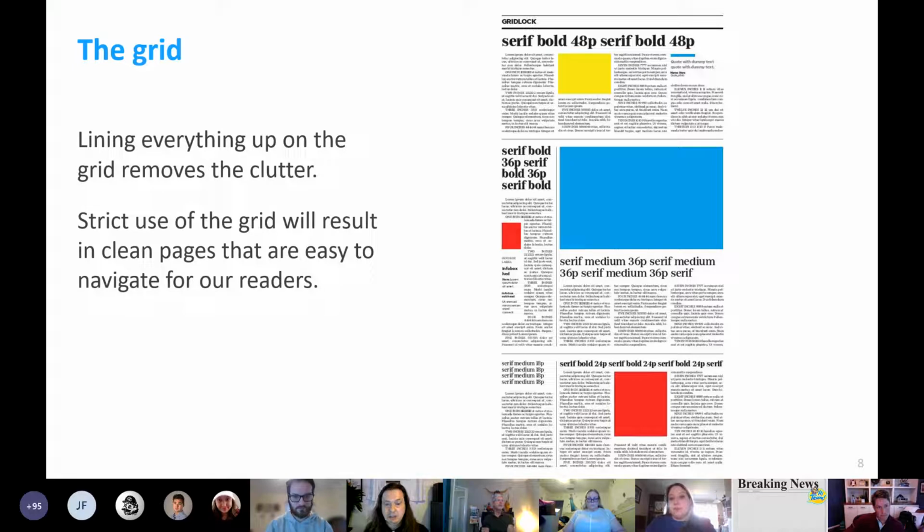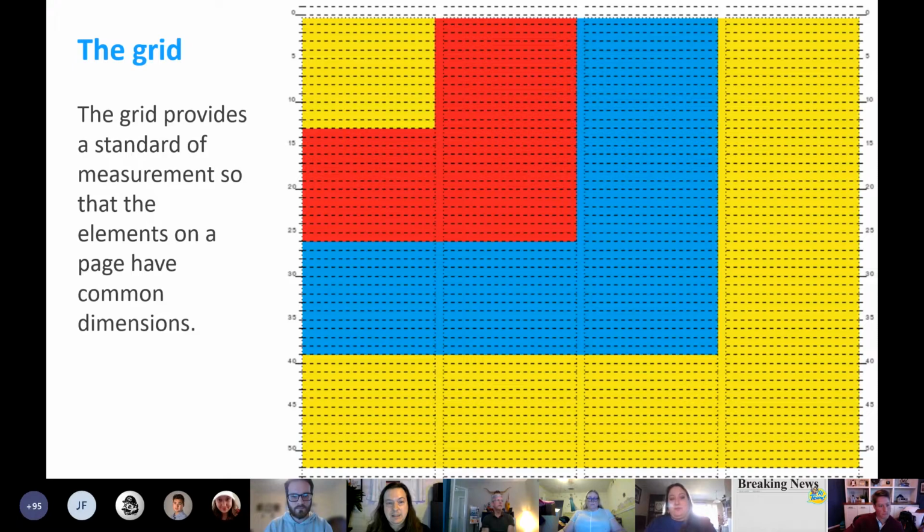On this page, everything is strictly on a 4-column grid, which is the default grid that we use most often in the design center. So, like I said before, using the grid means that the sizes of all the elements on a page share a common symmetry, and this is important. All the column widths are the same, and so photo widths are proportional to each other. They're either 1, 2, 3, or 4 columns wide. And this simple math results in a page that is balanced and easier to read.